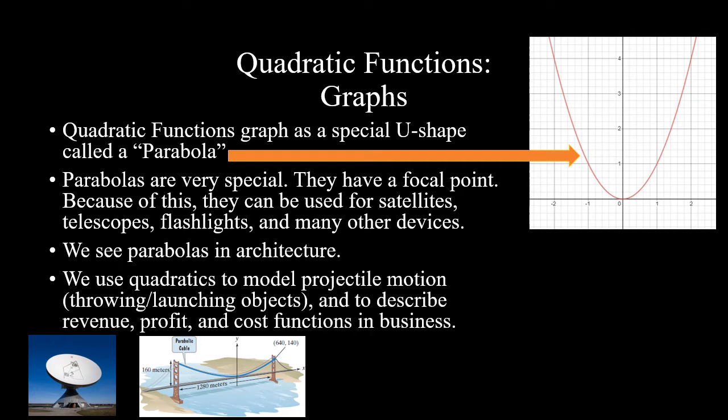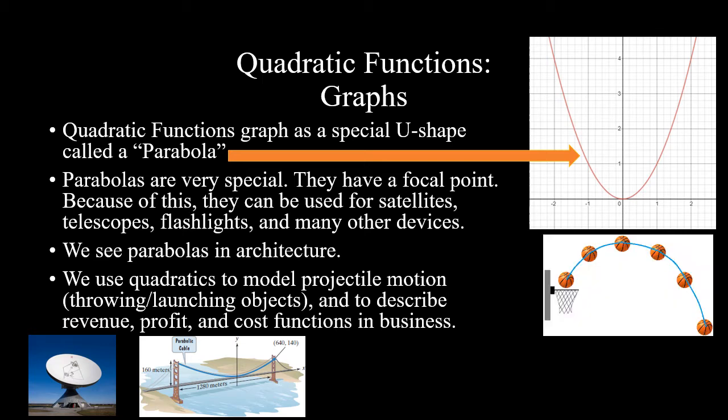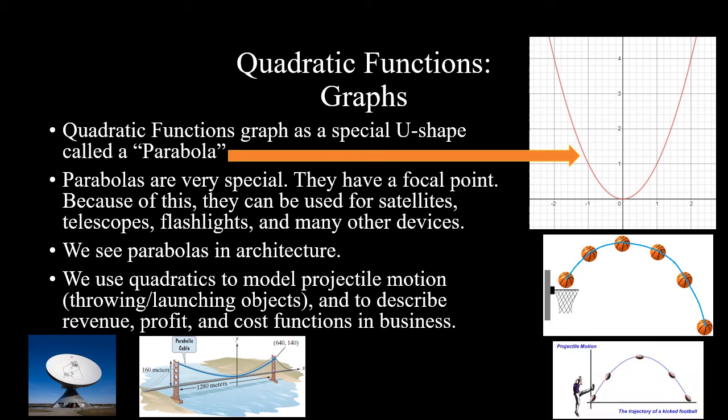And we use quadratics to model projectile motion, like throwing and launching of objects, like here a basketball. The basketball goes up, up, up, and then it reaches a maximum height and starts to go down into the hoop. Again, kicking a football, you kick that football, it goes up, up, up, and then comes down. Gravity pulls it down. So we see this parabola shape with projectile motions,